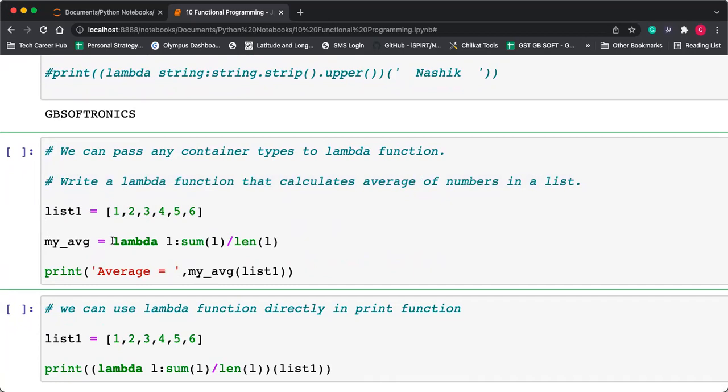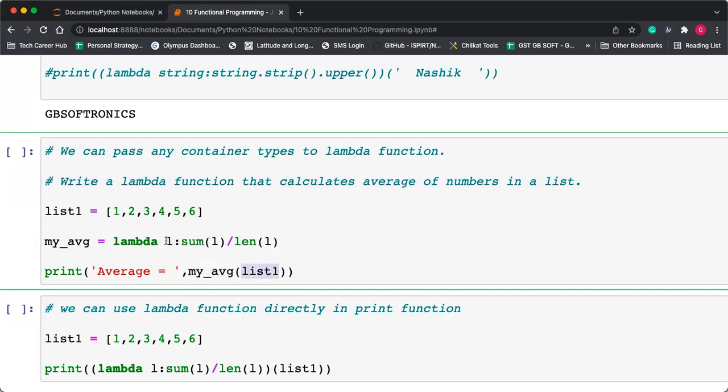How to write the lambda? The name of the argument is L, that is my list. And then how to calculate the average? Average is very simple. First do summation and then divide by length. The name of the function is now my_average. My_average function is called, and we are providing list one.